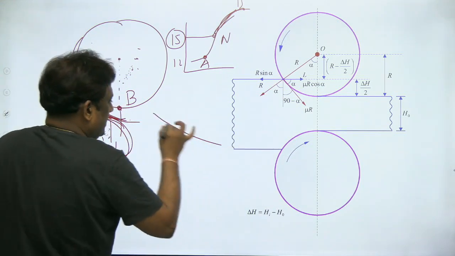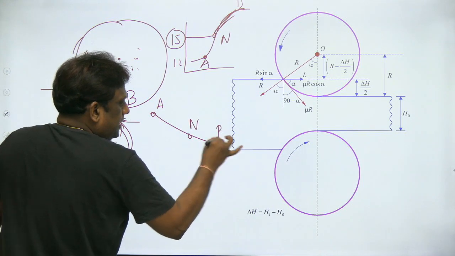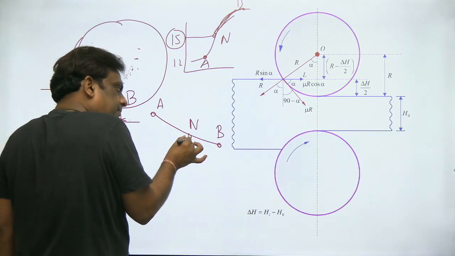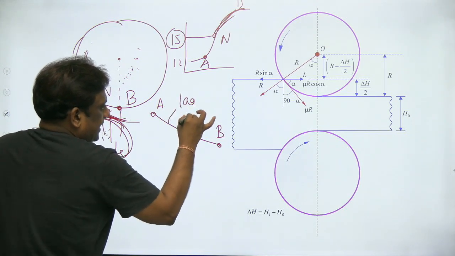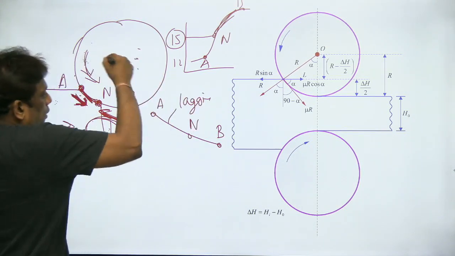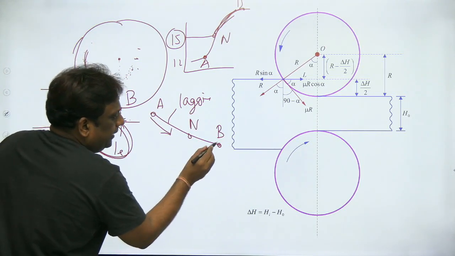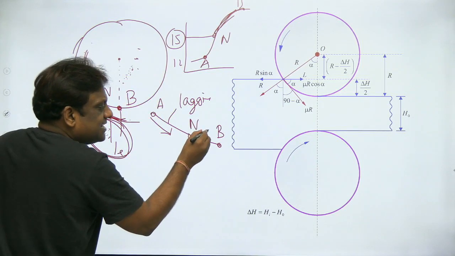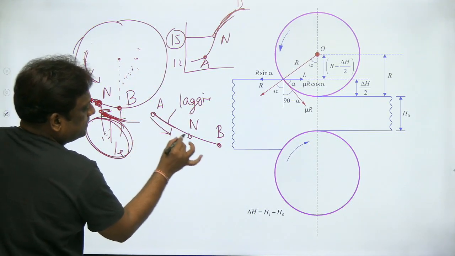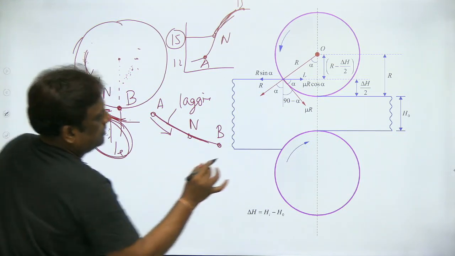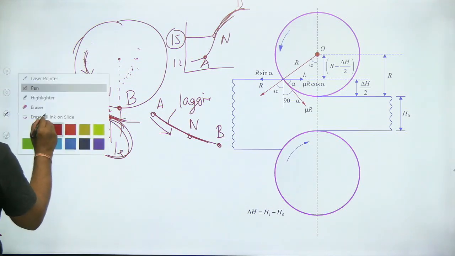So if you see, my dear students, this is entry, this is neutral, and this is exit. So A to N is lagging. So who is leading? My roller. So my roller will pull it, and this is the direction of frictional force. And from N to B, my roller is lagging. Telling again: in A to B, these forces I am showing on my component. I'll tell you very neatly, don't worry.